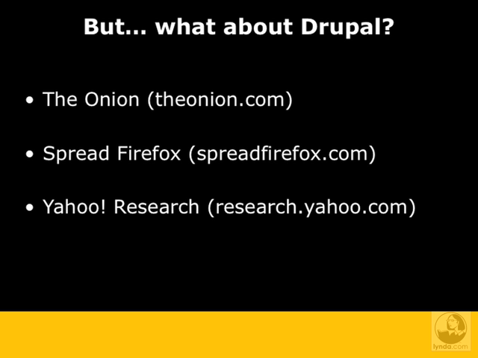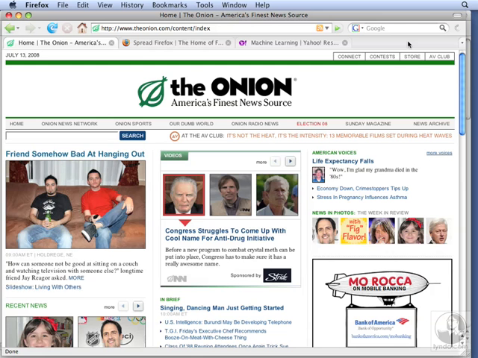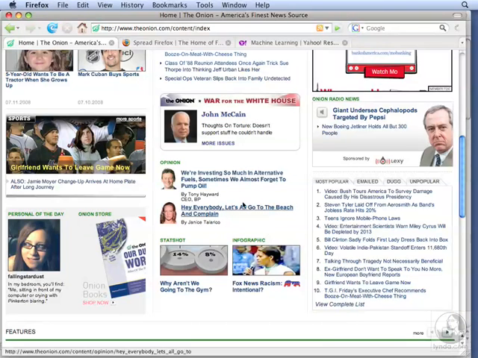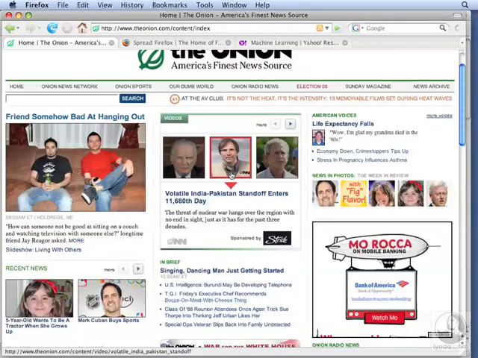So now you've seen some CMSs other than Drupal. But what about Drupal itself? As it happens, it's widely used on the web as well. One of the largest sites that uses Drupal is The Onion, a satirical newspaper. And as you can see, it has three columns. It has individual articles, once again, which are written by writers, not by site administrators, so it has multiple contributors contributing to the site. It has a menuing system up here, and it has a few neat little features, like down here, as you mouse over one of these pictures, it shows the related story. There's also space for advertising, space for rich media, and so forth.